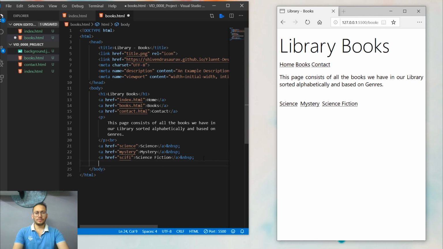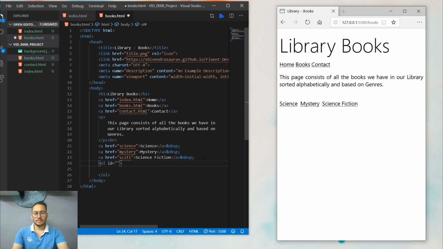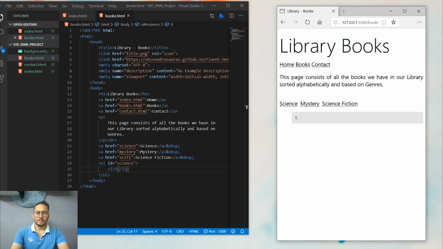Okay, now we want to prepare a list. So we're going to prepare an ordered list because it has to be ordered according to the alphabets and genres. So the first list will have the ID of science, and the first list item is going to be, let's add them alphabetically, so the first one will be A Brief History of Time,